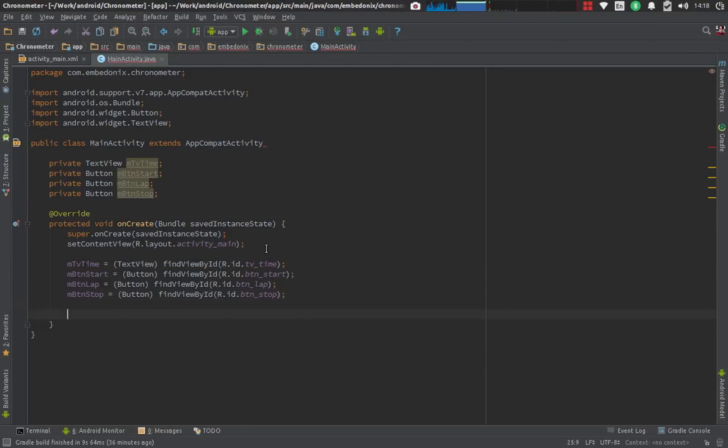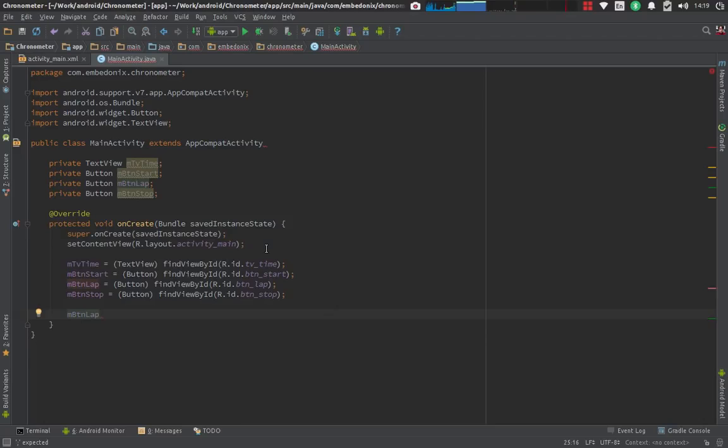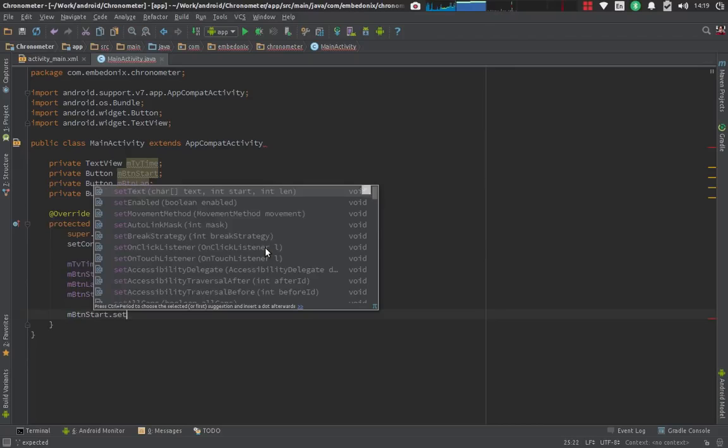I have done the same thing for the buttons. Now we have to make an event handler. So whenever the user presses the start button, for example, something should happen. And how we do this is simply by setting the onClick event, for example, on button start, dot setOnClickListener,